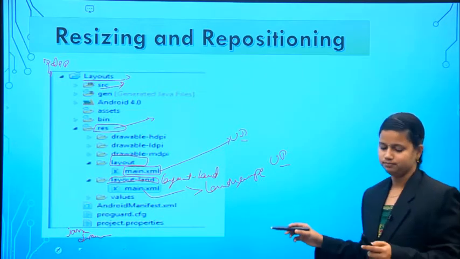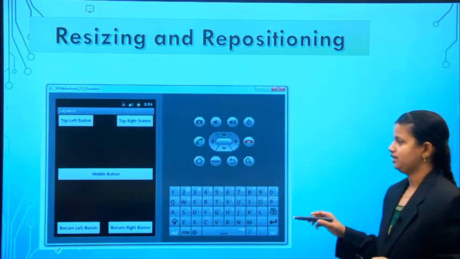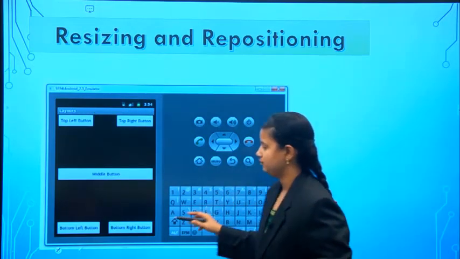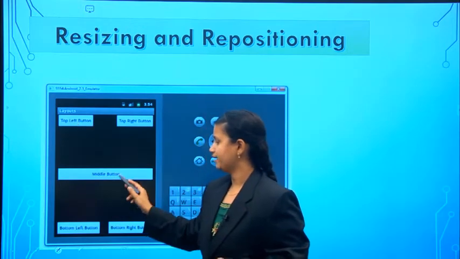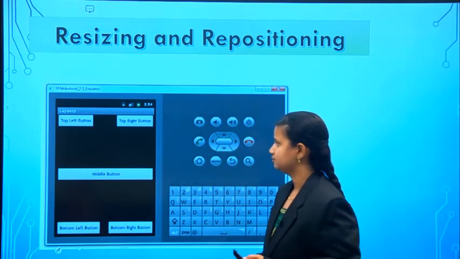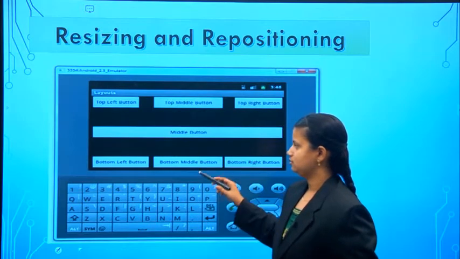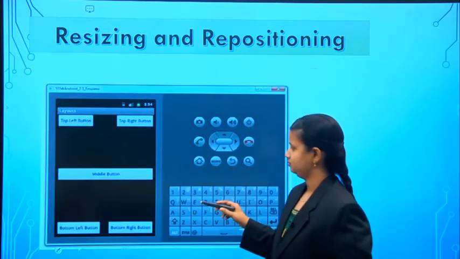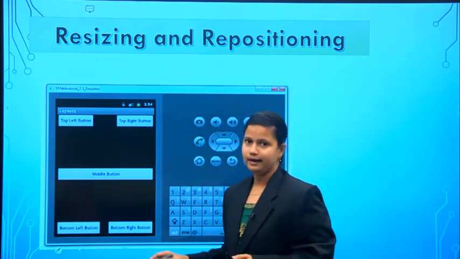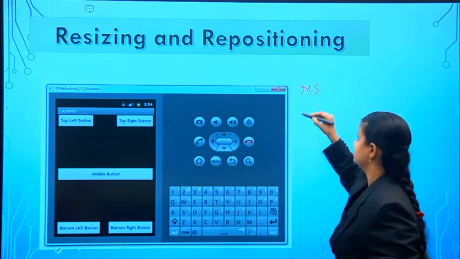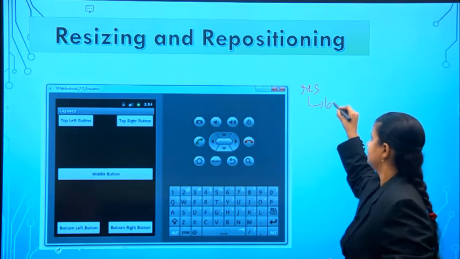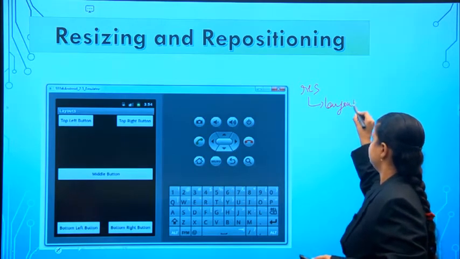How do we develop this? For example, I am taking this application: top left and top right, middle, and bottom left and bottom right. Within the res folder, a folder named layout is presented.